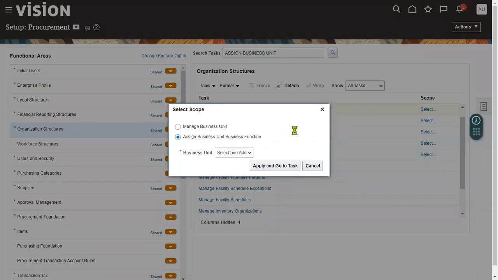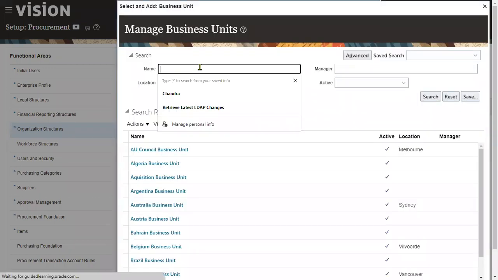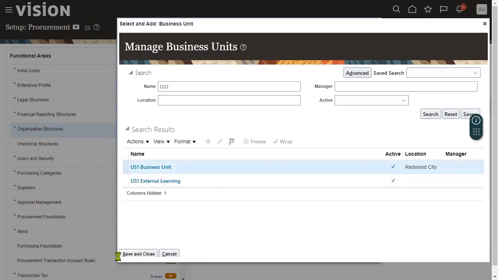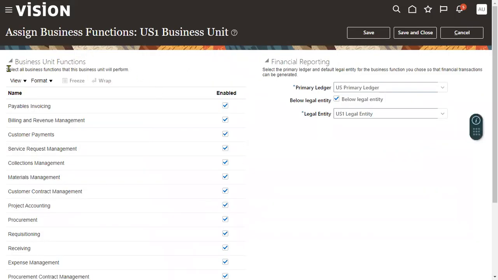So let me choose our business unit, whatever we are using. Select our business unit here. After selecting the business unit, here we can find select all business functions that this business unit will perform. Whatever business unit we have, we are trying to verify the business functions it is performing. Two things we have to be clear about here. If it is enabled as procurement, we'll get it as a procurement BU. If it is enabled for requisitioning, then we will be able to get requisition BU. So in our case, this is